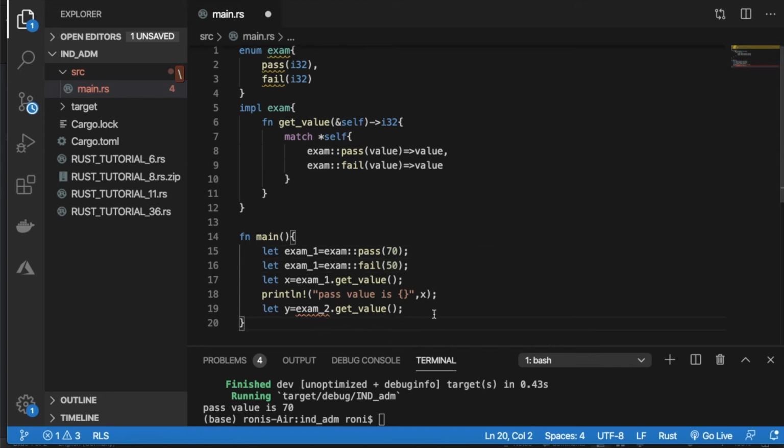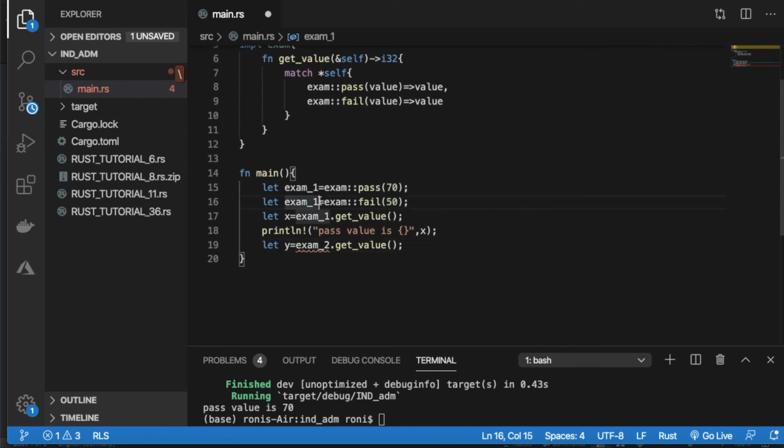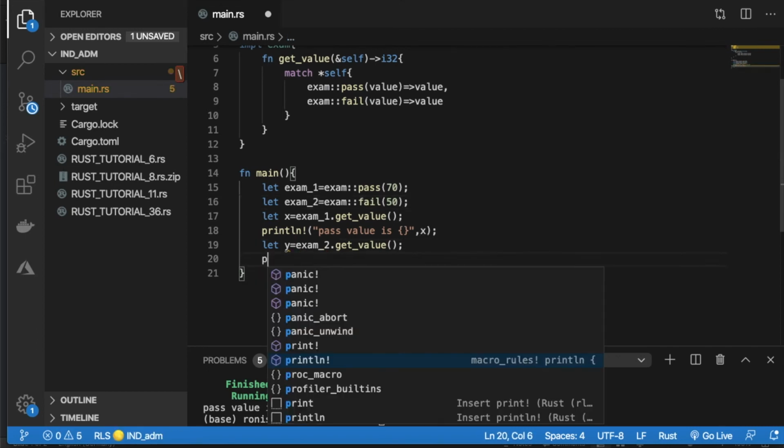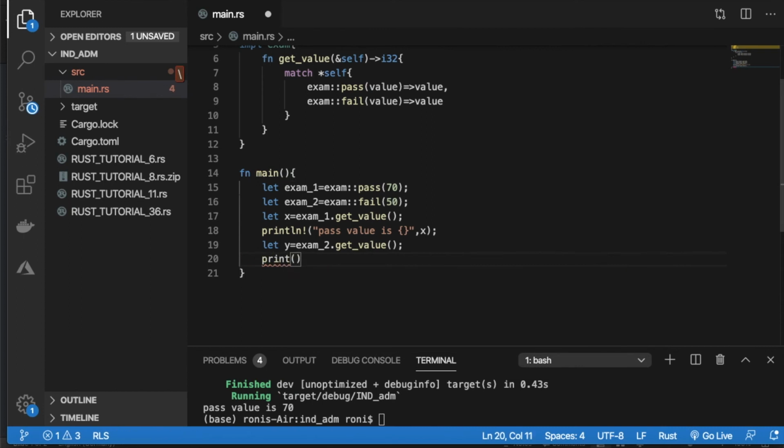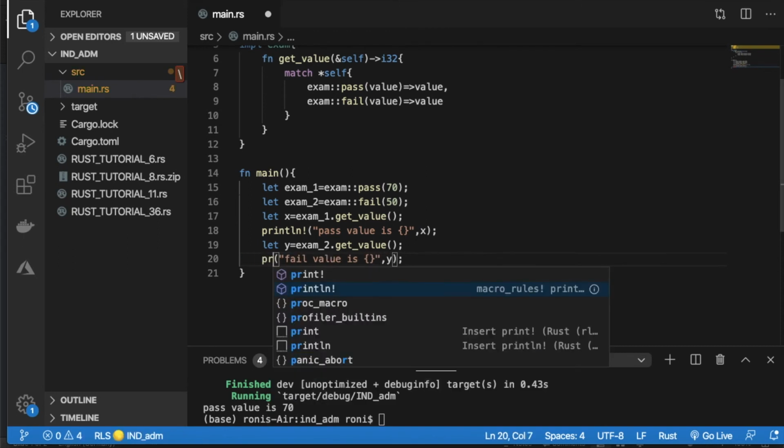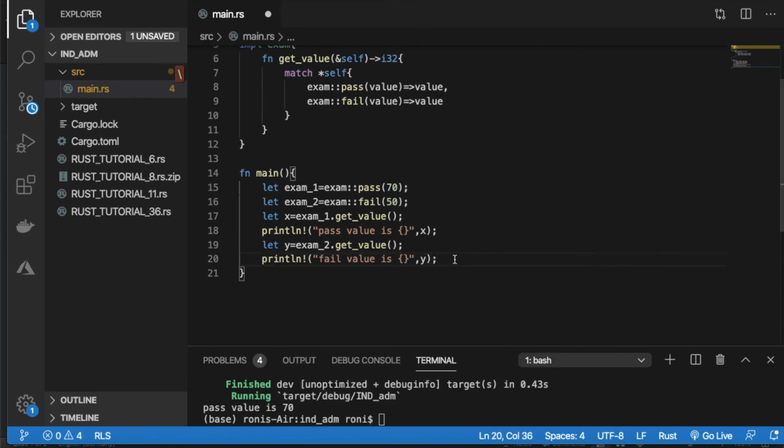Okay, and we're going to print like this: fail value is, and it will be the value of y. Okay, so let's print this thing.